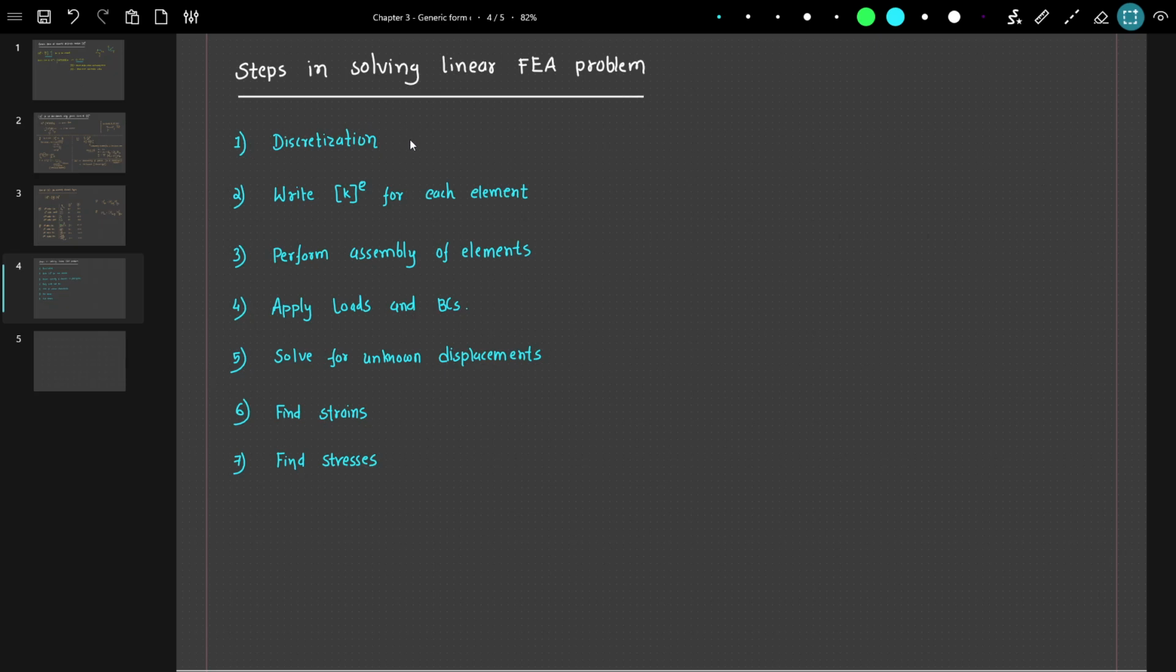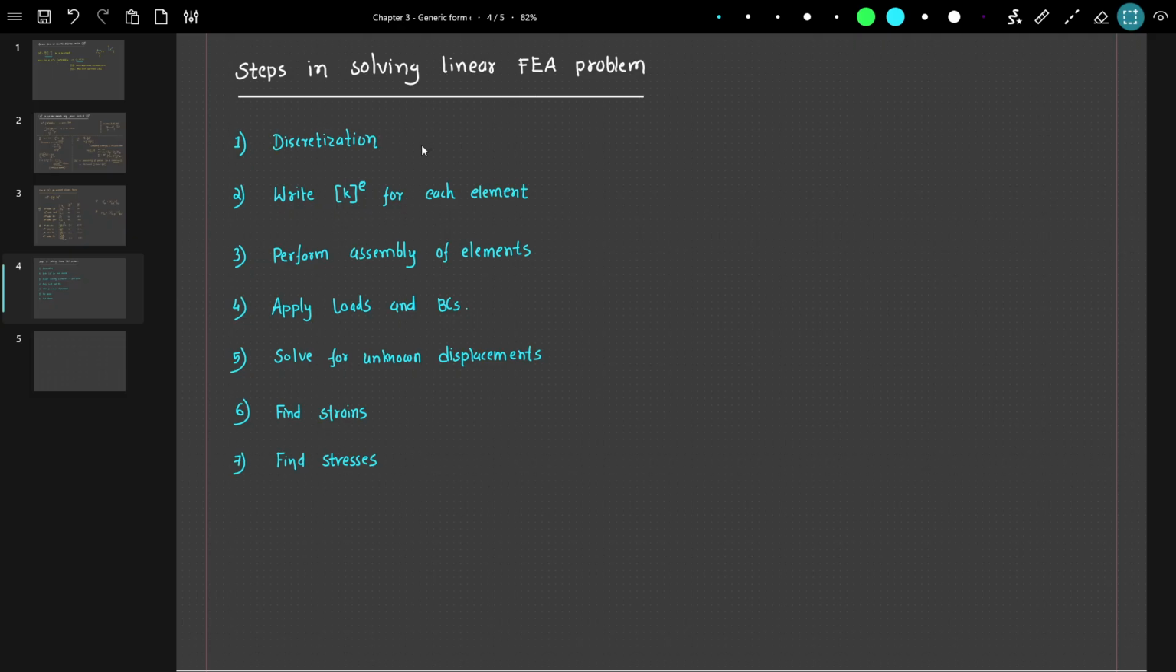Now that we have the element stiffness matrix generic form, we can use that to write the element stiffness matrix for any element type in 1D, 2D or 3D. So we will see the steps in solving a linear FEA problem. Earlier we have discussed this. Now we will refine. So step one is, given the structure,